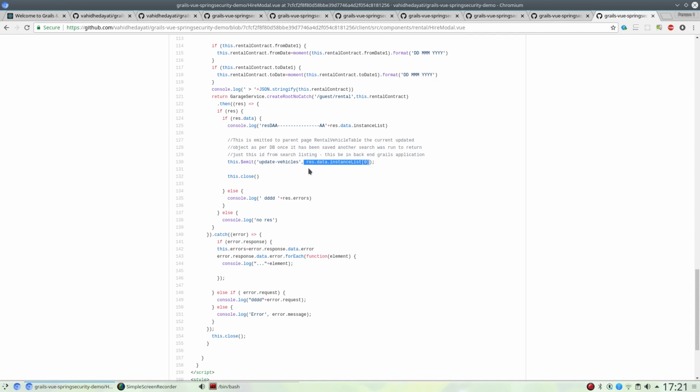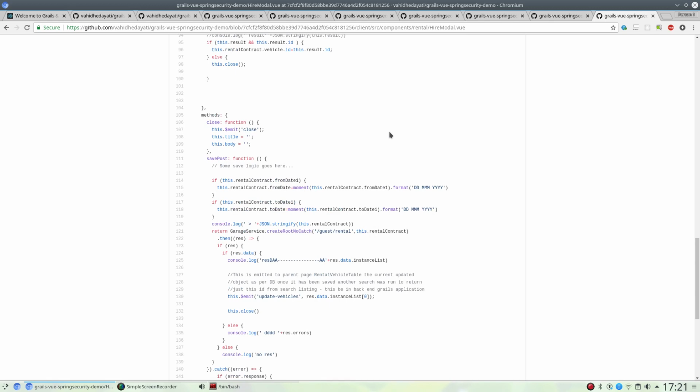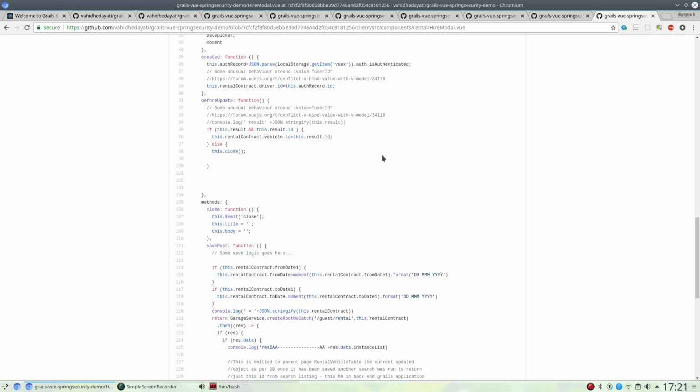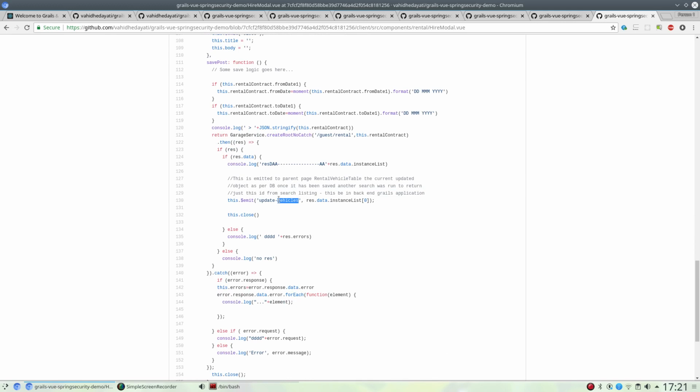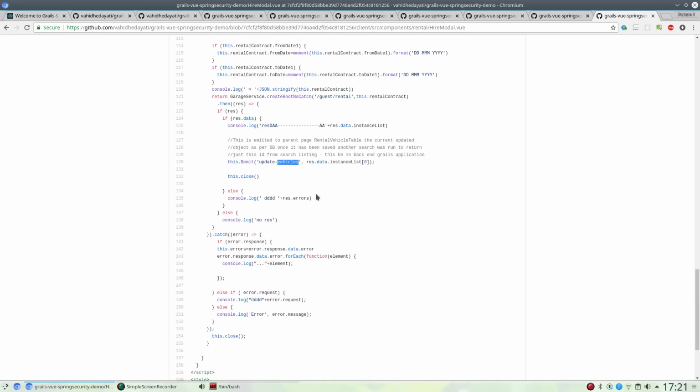Now, what I'm about to show you, you could actually do all of it here in this grandchild, but I've decided to pass it from grandchild to child, from child to parent, and then get the parent to do what I could actually do here. But this is all for learning purposes. So it emits updated vehicle, and we've changed how it was working before, and it returns this instance list 0,